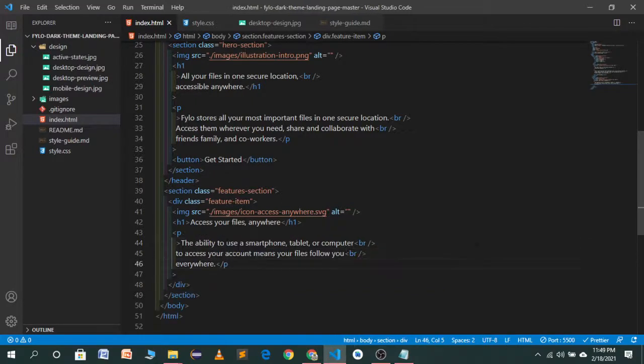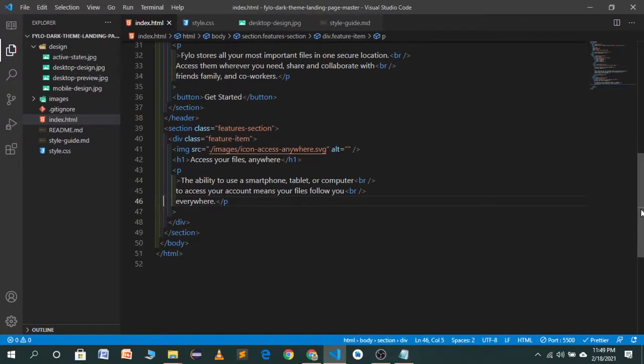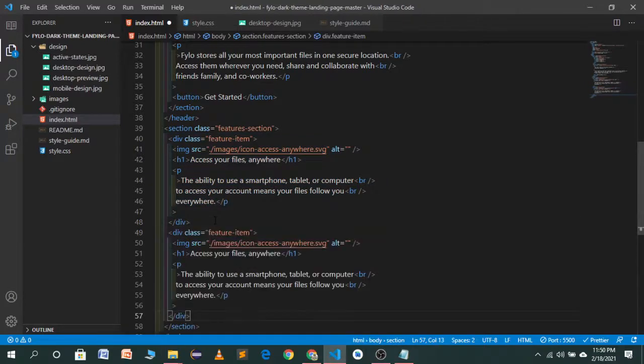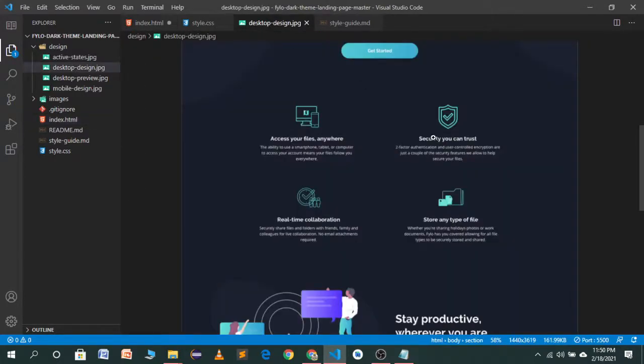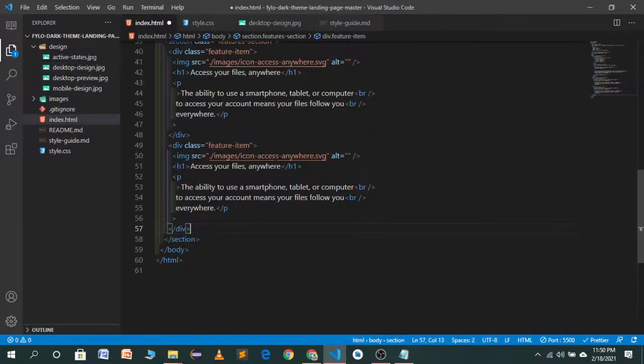Save this file and repeat, and now copy this section and paste it in the bottom part. Now we just have to change the icons and the content, which will be this one, security icon.